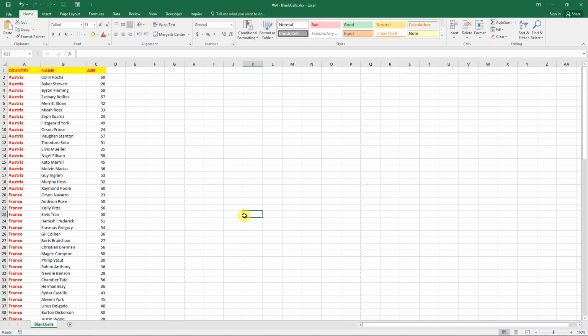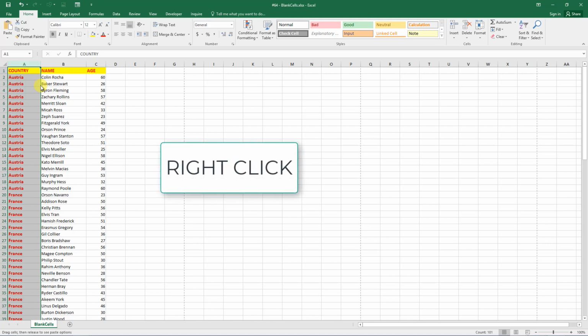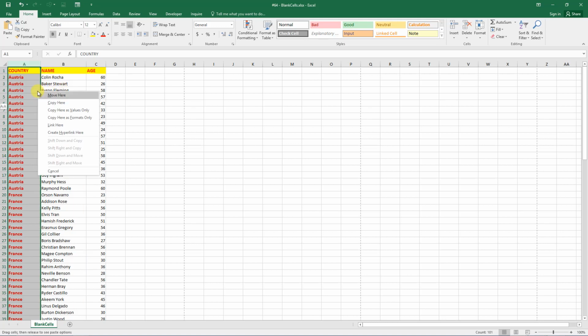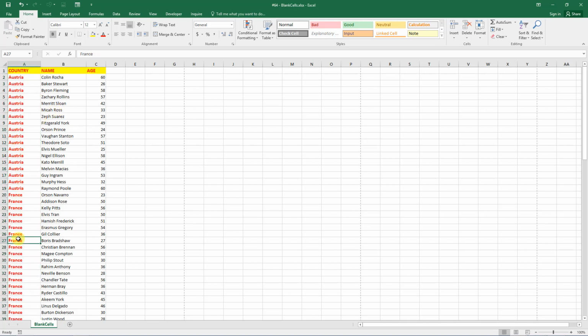But all these cells are formulas, as you can see. How do we convert them into pure text? Pay attention now to this amazing trick. Select column A. With the right click of the mouse, drag the entire column right to column B, and without releasing the right mouse button, drag it back left. Now release the right mouse button and from this menu select Copy Here as Values Only. It turns the formulas into results, into text. Click and we are done. Now we have finished our job.